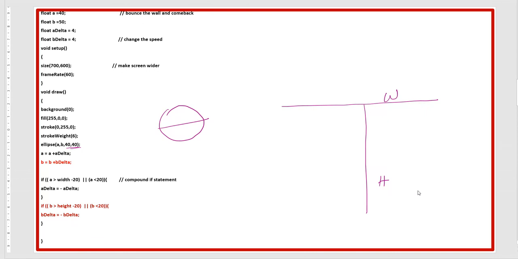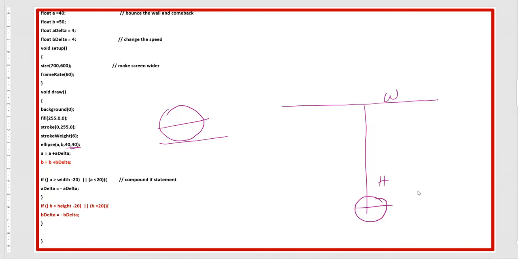Otherwise, if we do not subtract this, the ball will go half outside, and then half will come back, and then it will bounce back. And our purpose is that as soon as it touches the edge, it should bounce back. That is why you have to subtract half of whatever size you have. If you have 60, you subtract 30. If it is 80, you subtract 40. Here it is 40, so we subtract 20.